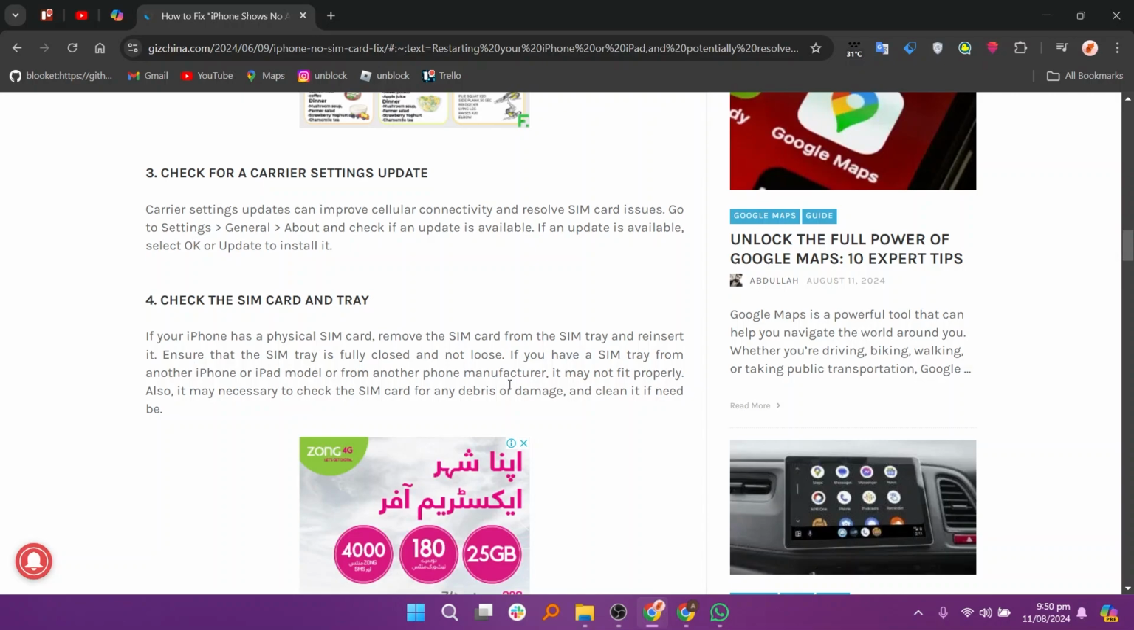If your iPhone has a physical SIM card, remove the SIM card from the SIM tray and reinsert it. Ensure that the SIM tray is fully closed and not loose. If you have a SIM tray from another iPhone or iPad model or another phone manufacturer, it may not fit